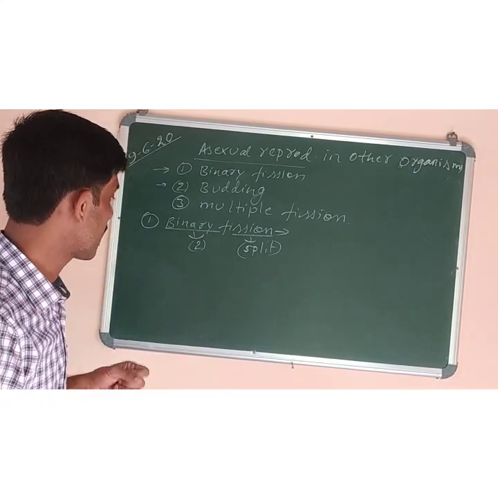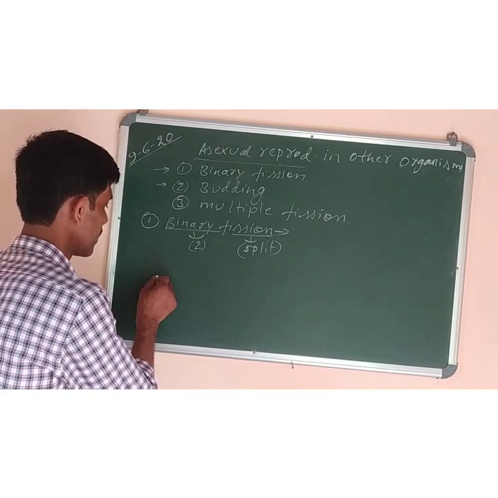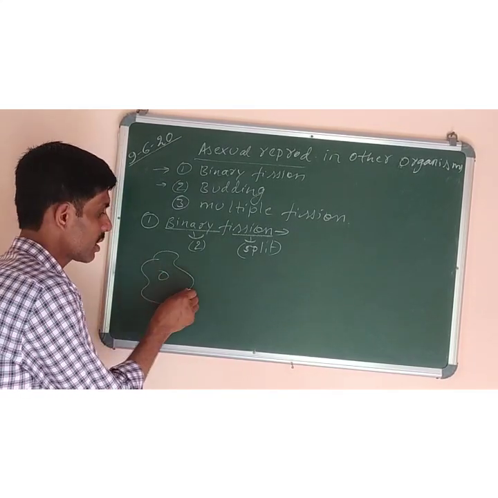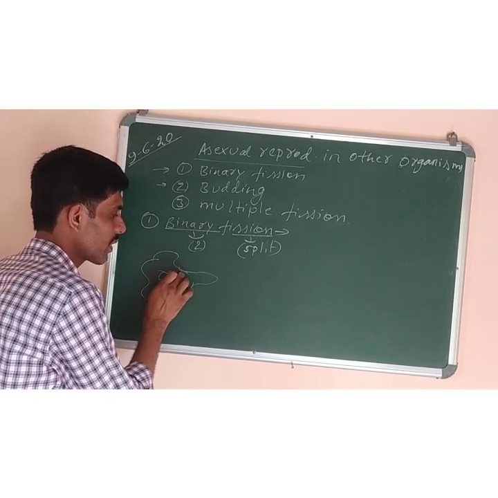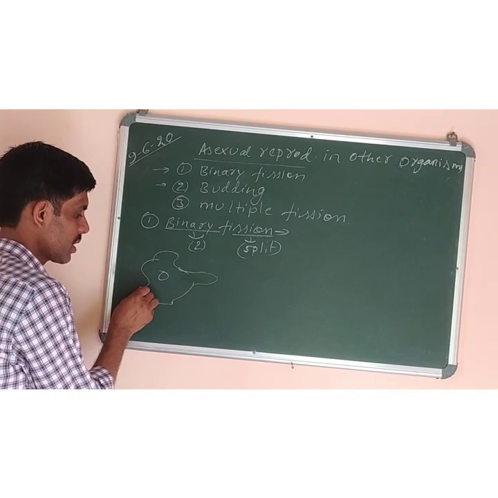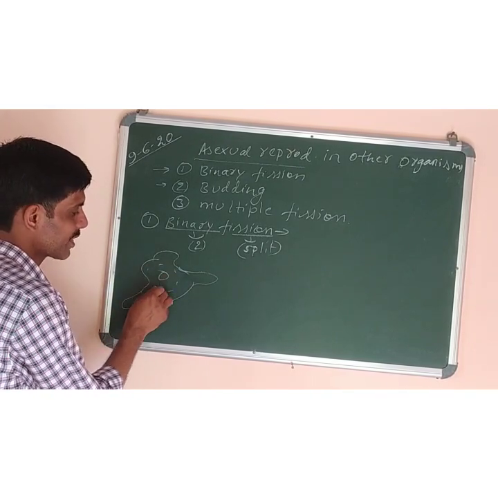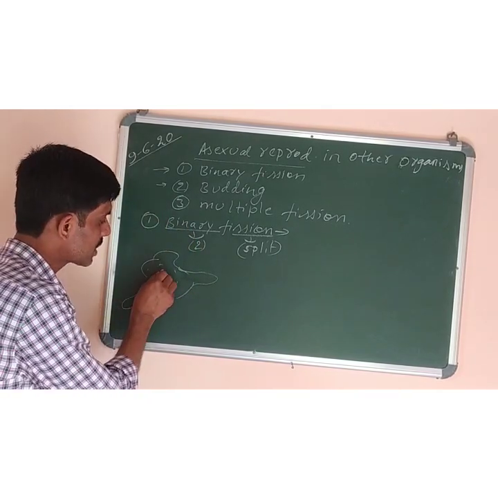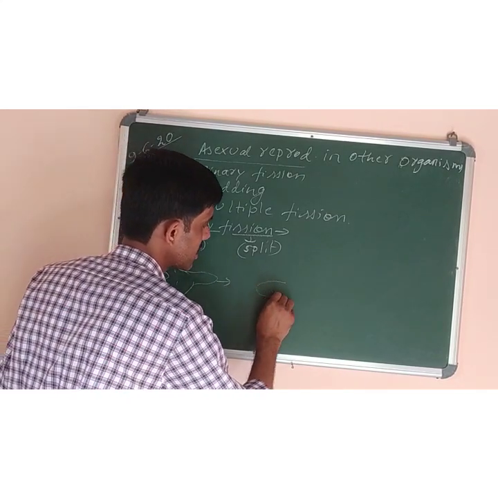Now one example I will give you. Amoeba is a single cell organism. It is the name of a protozoan. So this amoeba, with the help of the diagram I am drawing, this is the nucleus, this is the body, and these are the pseudopodia. Pseudopodia means the finger-like processes which are present on their body. That is called pseudopodia. And this is the cytoplasm. So whenever binary fission occurs, first of all this nucleus will divide into two. In the next step you can see how the nucleus is dividing.